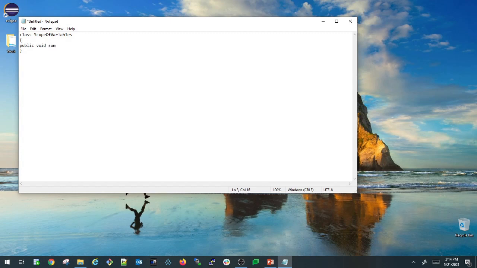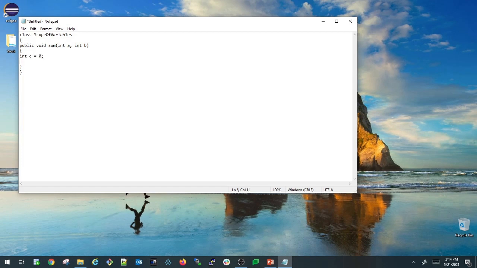So far we haven't created any methods inside a class except the main method. So here I'm creating a new method called sum, and this sum method is expecting two arguments, int a comma int b. I'm opening my method and closing it. Inside that I'm adding these two variables a and b and assigning that to variable c. So for that I'm declaring a new variable called c, int c equals 0.